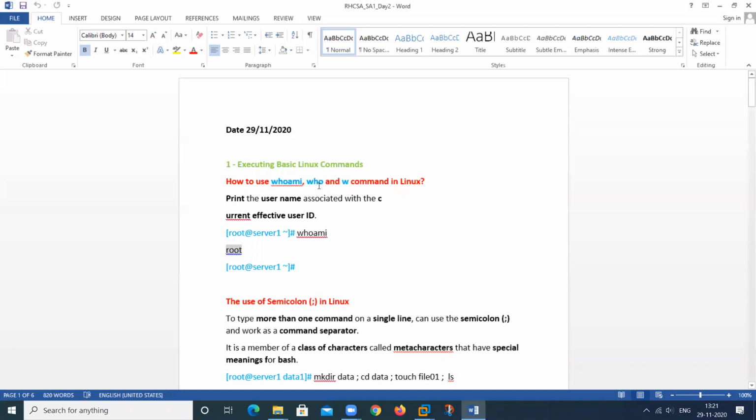So these are the basic commands. These commands are used to display the information regarding the user. But a user can log in on a physical console, or a user can log in on a virtual console. So this particular command provides the current user information: who is logged in currently on the physical machine, on a virtual machine, or it can be your physical console, virtual console, like this.